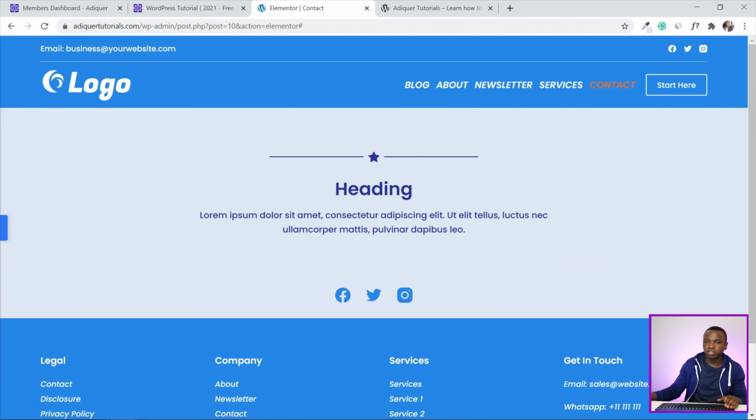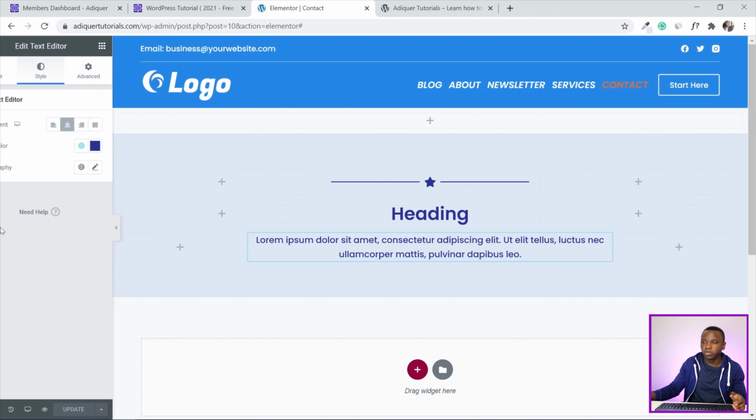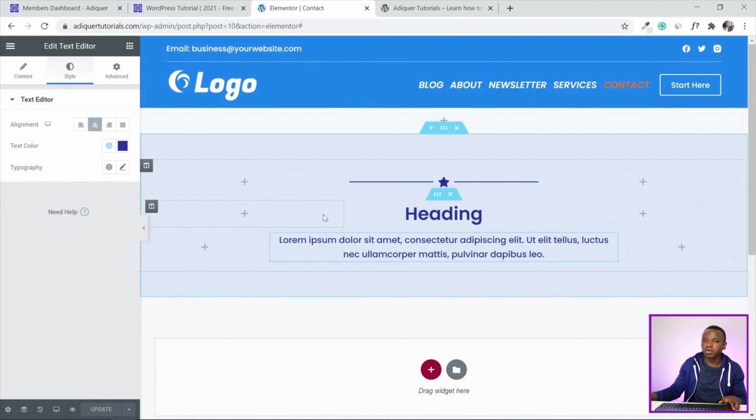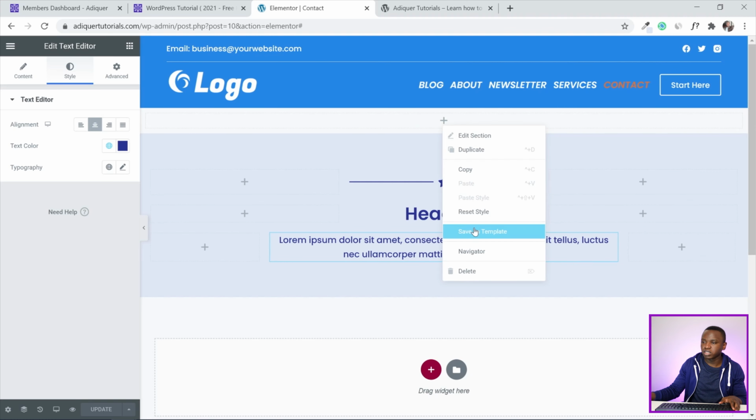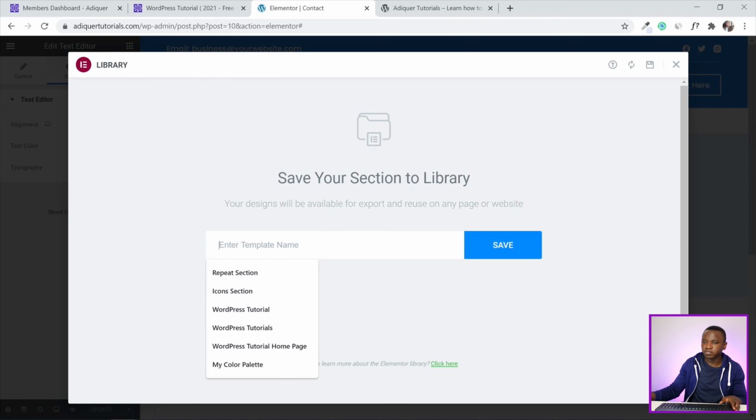So the top section of all our pages is going to look something like this. Then we're going to put the content at the bottom with a white background. So now I want to save this section, and I'm going to right click here and say save as template, and I'm going to call this the top